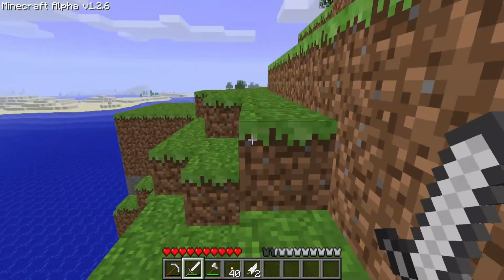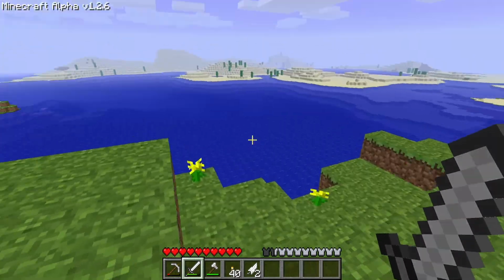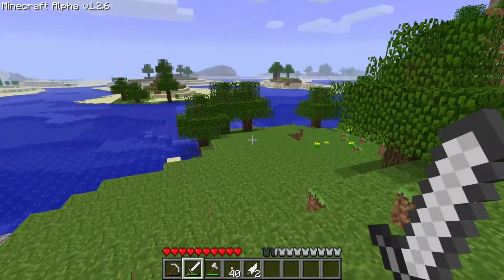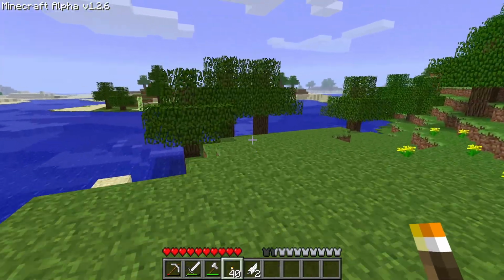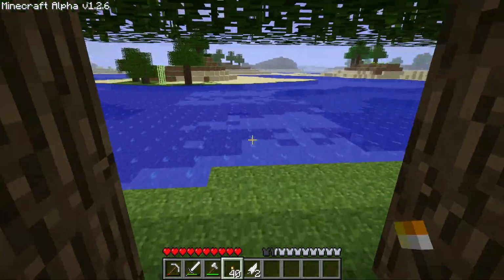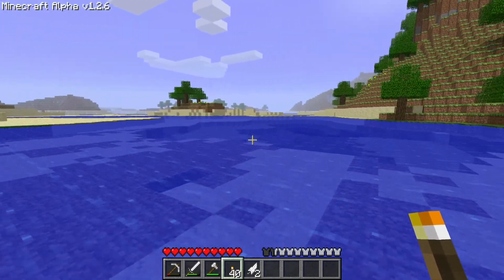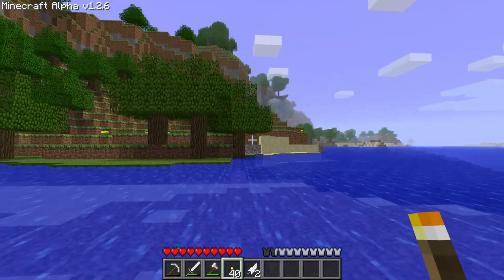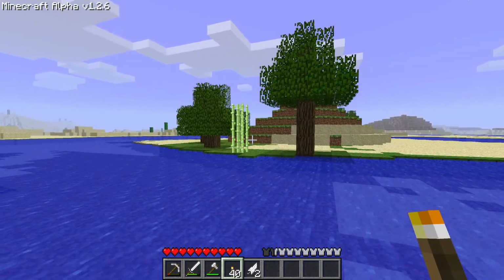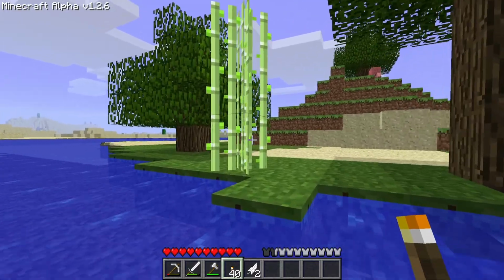I do kind of want to grab some cacti and sugarcane. That is important. We're gonna get some farms started up. Even though it's not terribly important right now, I don't know if we can even craft like bookshelves, but regardless, we're going to pick it up because later on it's going to be very handy. And if we can get a lot of sugarcane started now,